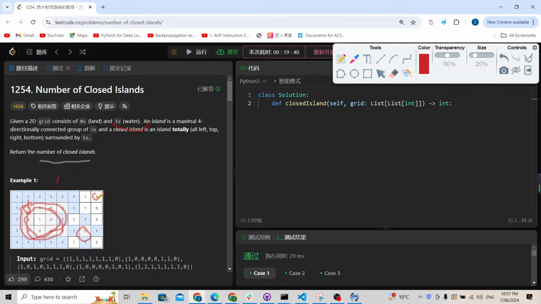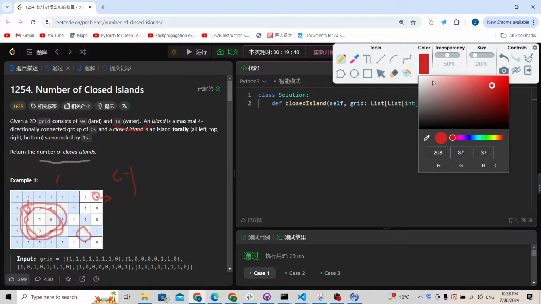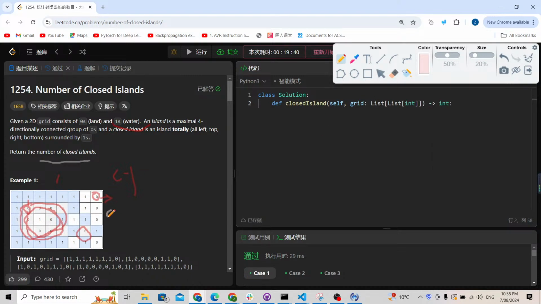For this example, this is a 0, but as you can see, the border goes out of the range. This 0 is at the border, because this is the last column, it's gonna be c minus 1. So it means it is at the border, so we're gonna count it as 0. But for this 0, it is surrounded by 1, so we're gonna count it as 1. We can solve it directly by using DFS. Here, we just need to check if this 0 is at the border, so we're gonna return a 0. But here, if we didn't find any border of zeros,